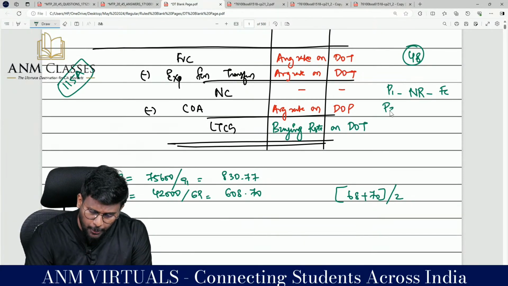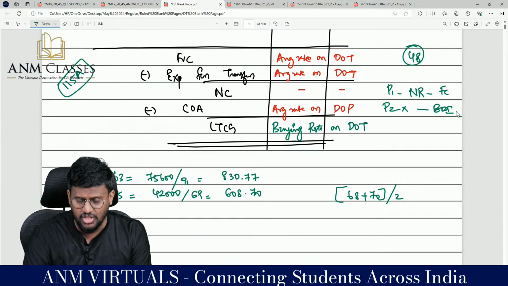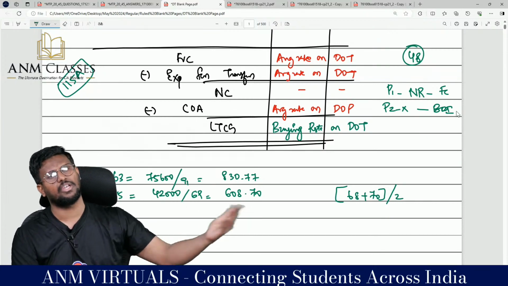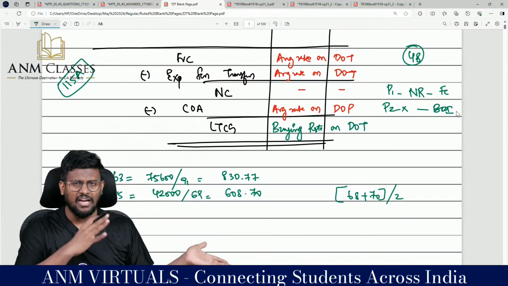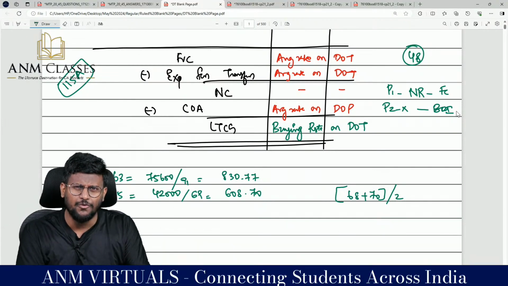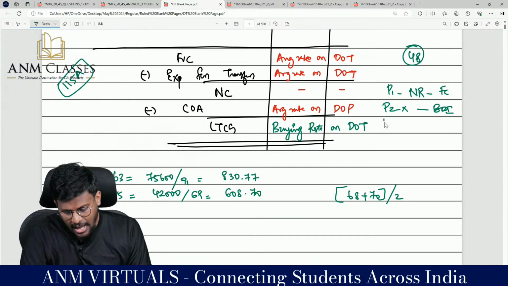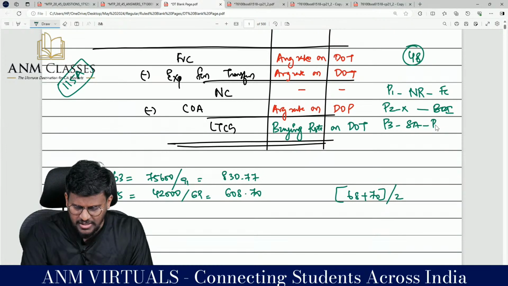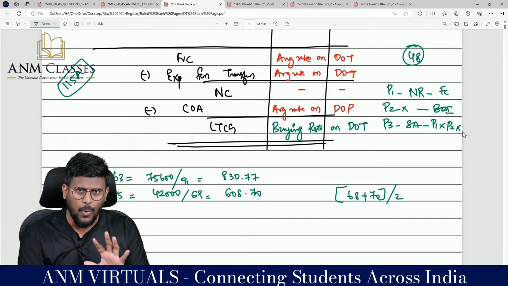Once you enjoy proviso number 1, proviso number 2 will not be applicable, benefit of indexation, because foreign currency calculation itself is a benefit of indexation. Because there itself you are adjusting the exchange rate. Then again, if you adjust the benefit of indexation, nothing will be there to the government. And proviso number 3 is applicable to super asset. In case of super asset, proviso number 1 and proviso number 2 will not be applicable. This is what the flow.